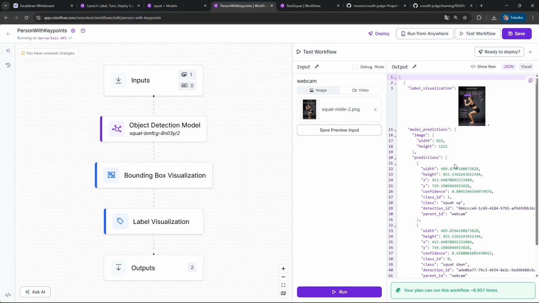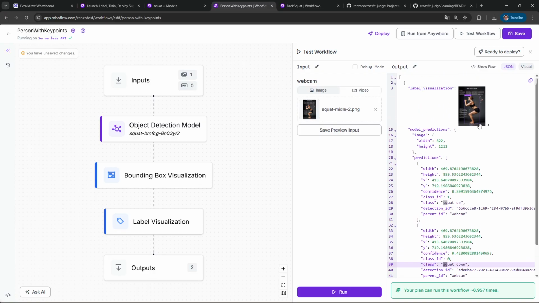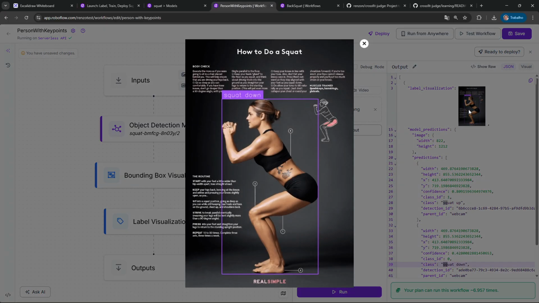And you see on the predictions, it was even a little bit in doubt about what she's doing, because the model has 8% confidence that it is a squat up, but also 42% confidence that it is a squat down. And we have a threshold for that, so this is considered a squat down.